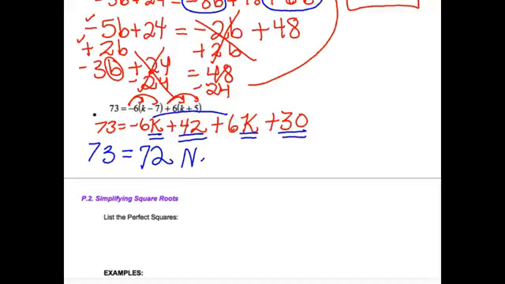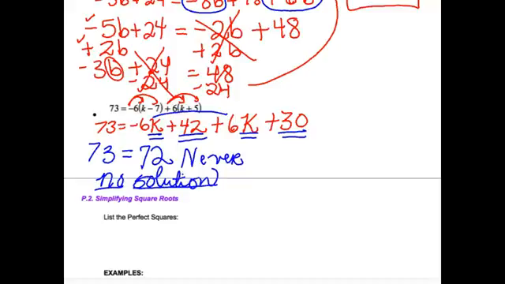Well, that never happens. What that means is this equation has no solutions. There's no k that's ever going to result in me plugging this in and getting 73 equal to 72. So we say no solution. That's going to happen once on your worksheet. Just so you know, there's going to be one of them where the k disappears and you get a garbage